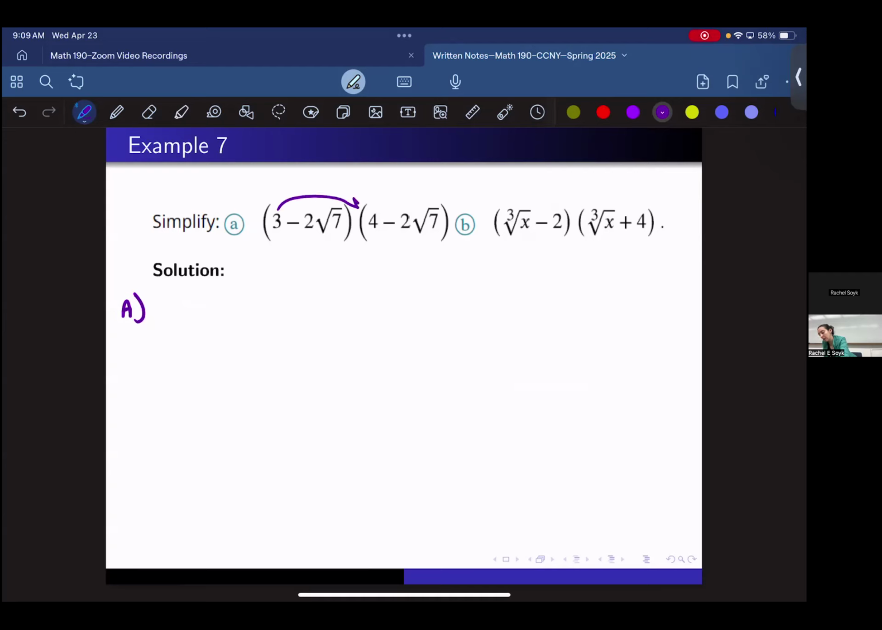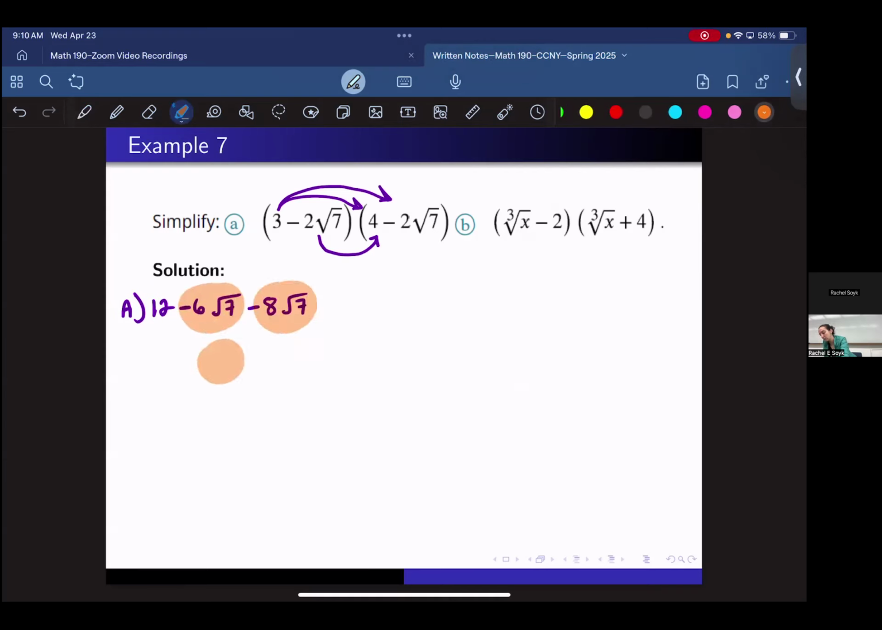Utilizing FOIL now. 3 times 4 gives you 12. 3 times negative 2 square root of 7 is a negative 6 square root of 7. Negative 2 square root of 7 times 4 is a negative 8 square root of 7. Ooh, we have some middle-like terms. And then we have negative 2 square root of 7 times negative 2 square root of 7 is a positive